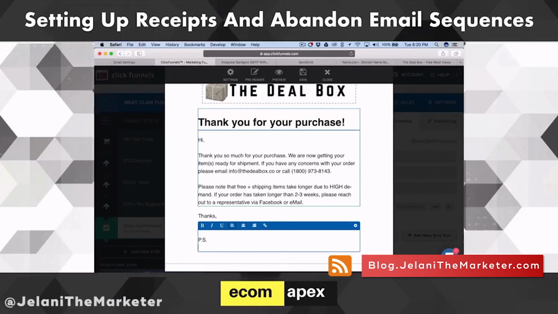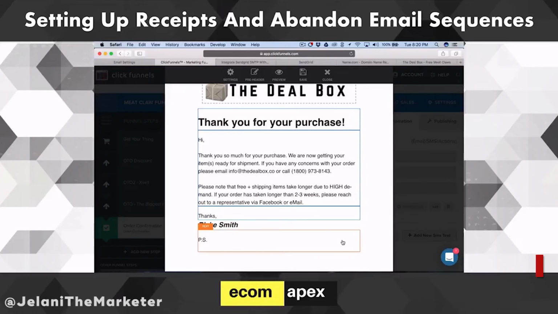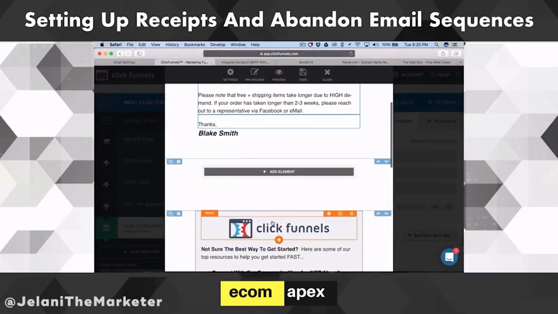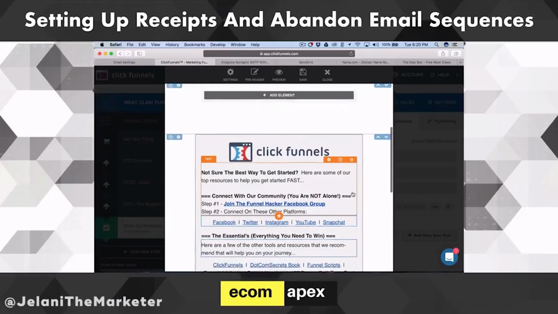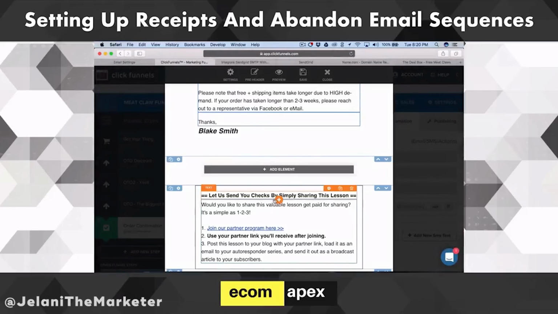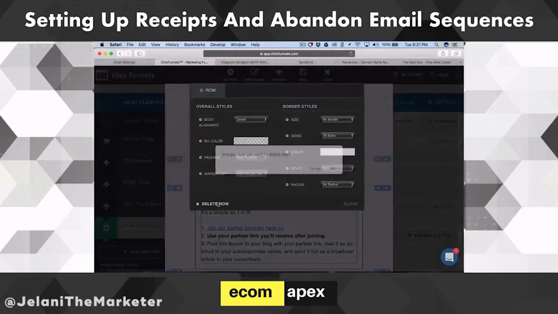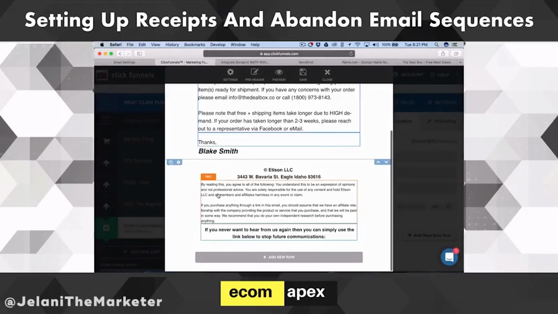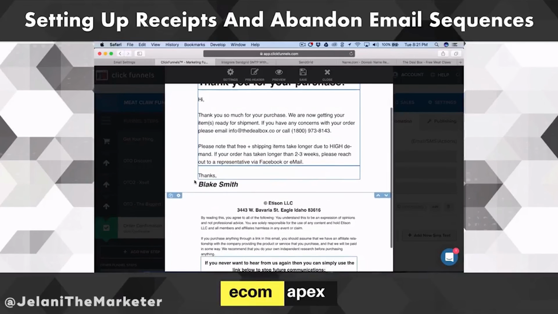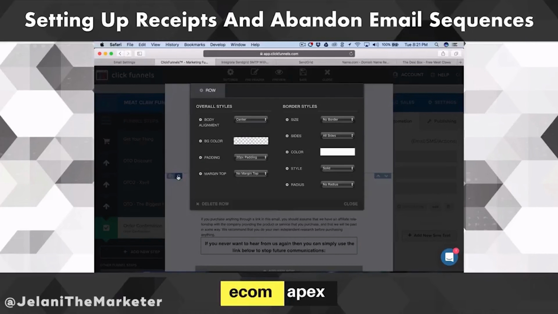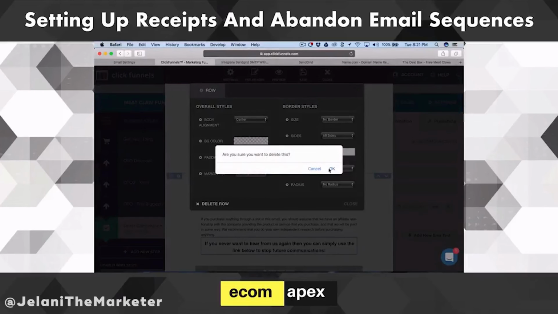PS. No, we don't need a PS. I think this. All right, so something like that. So they get an email along with the receipt from Stripe. They get an email from us, from our store, and from Stripe. So it's like legit. The only thing they probably don't get is an order confirmation within the email, like what they ordered, but they get that from Stripe, so that's fine. So let's delete this row,